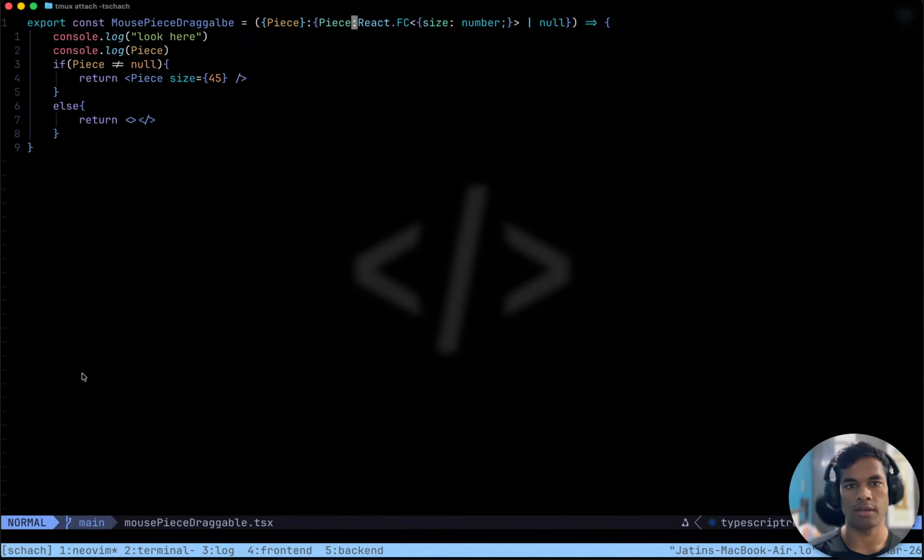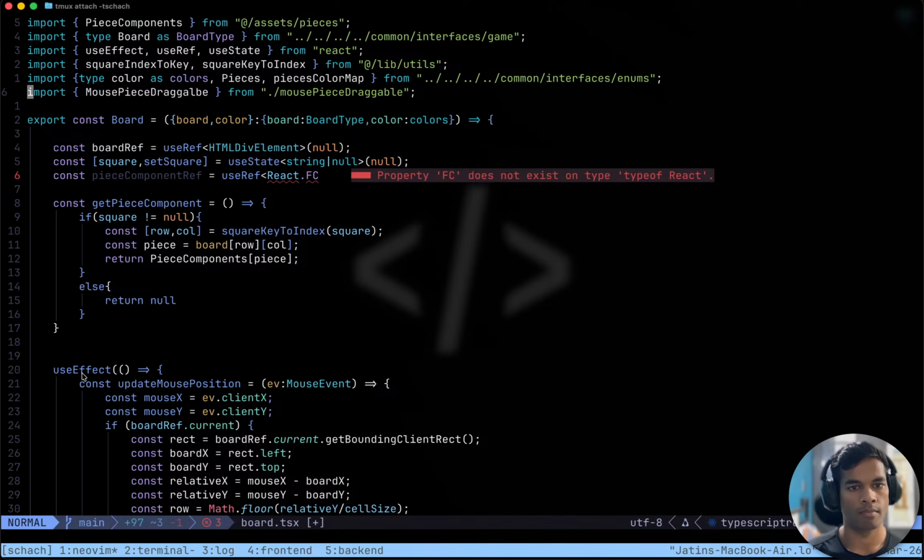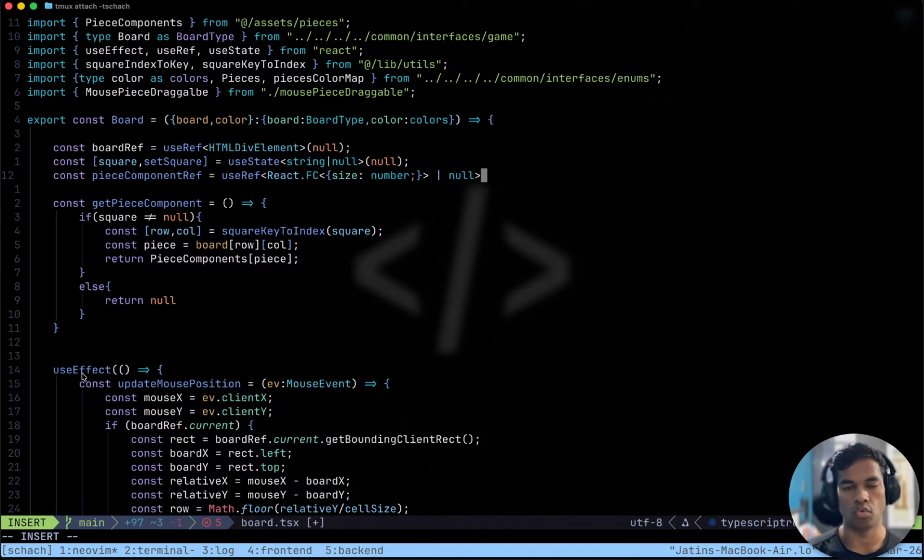The type is this, React.FC till the null part. Paste, and we are cool. And this initially is null. The value initially is null.